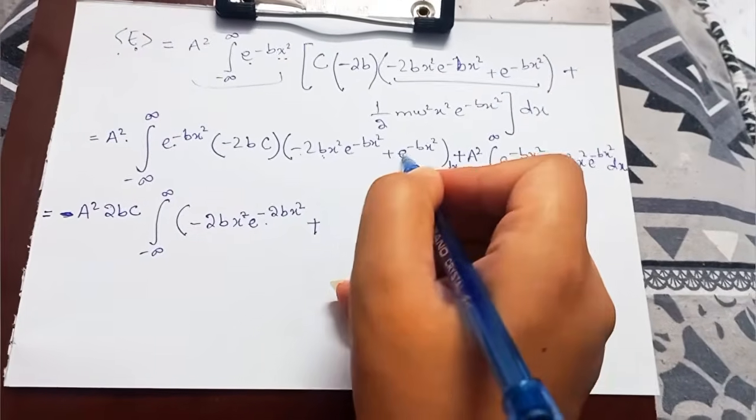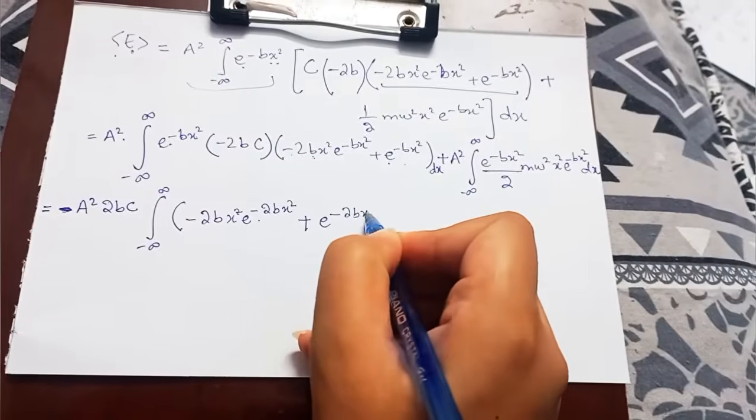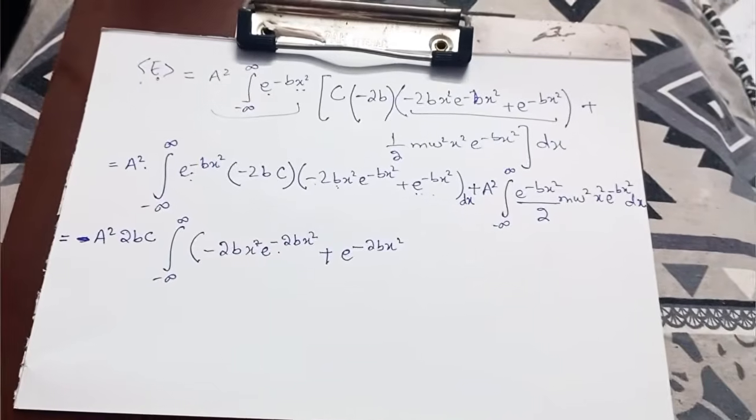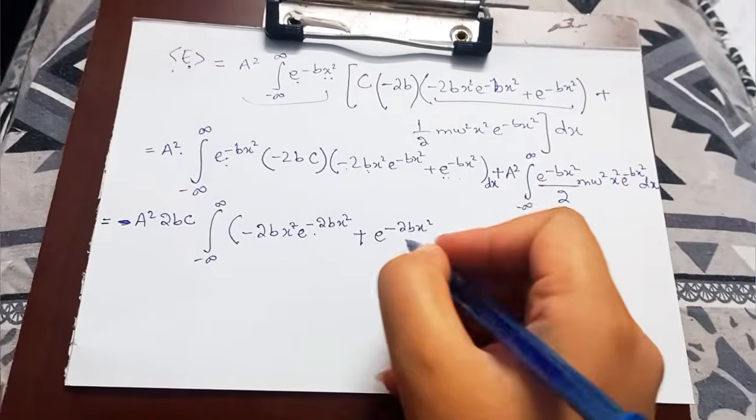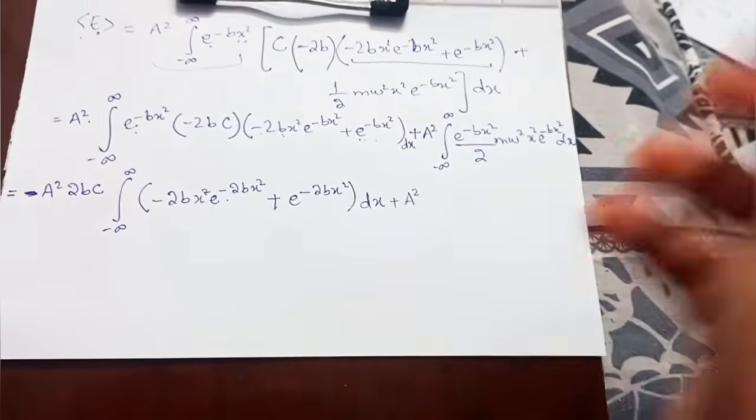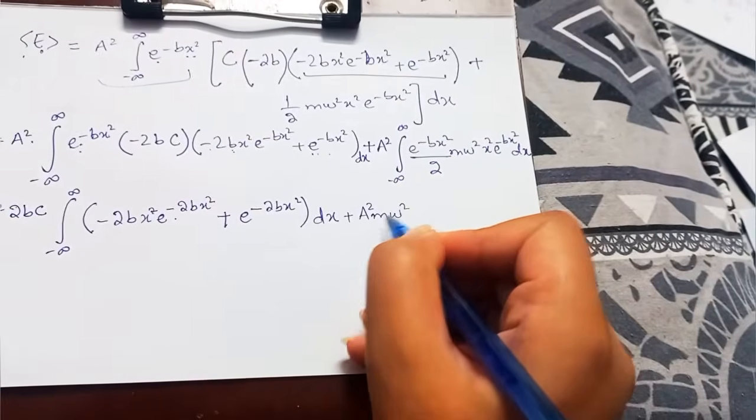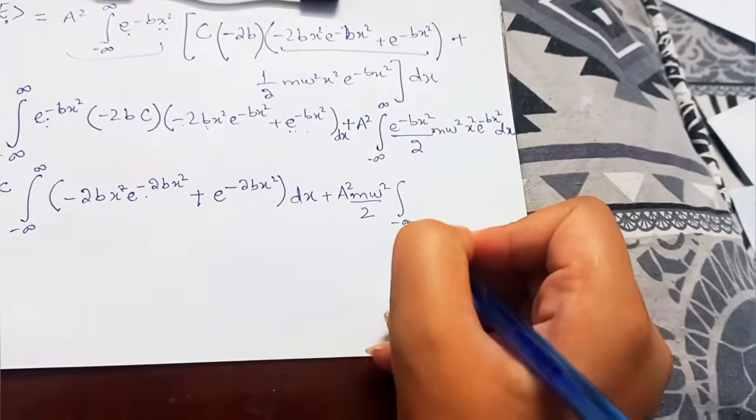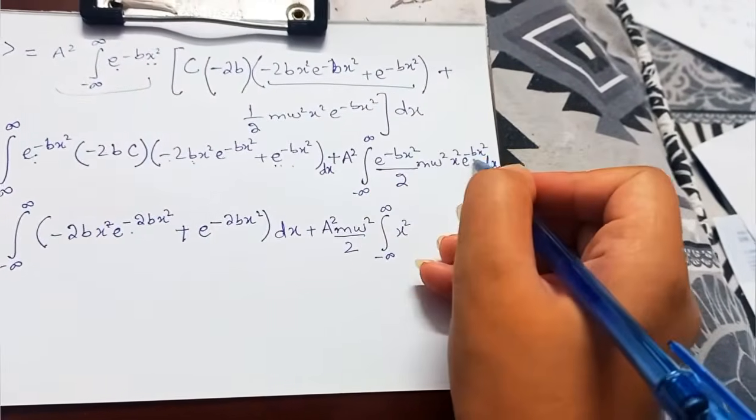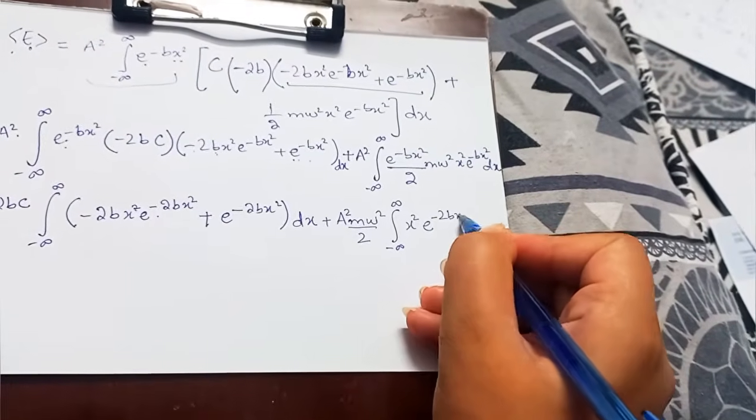So plus sign, then it multiplies with this quantity, it becomes minus 2b x squared, because there are two of these being multiplied, so the power adds with the base being same, and it's dx here, plus a squared. Now taking the constants outside of the integral, m omega squared divided by 2 is a constant, so it's the integral from minus infinity to plus infinity of x squared, then e to the power minus bx squared, two of them, so e to the power minus 2b x squared